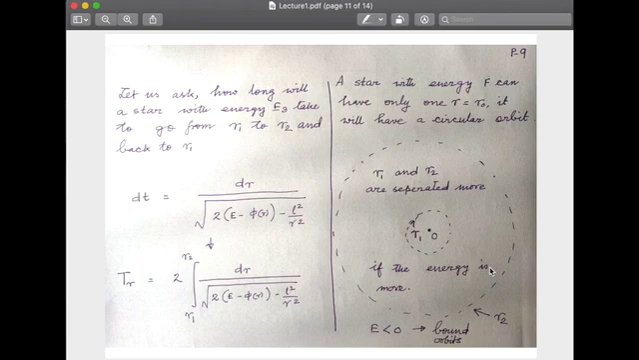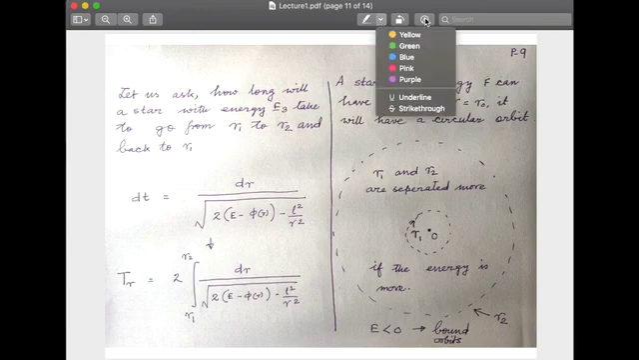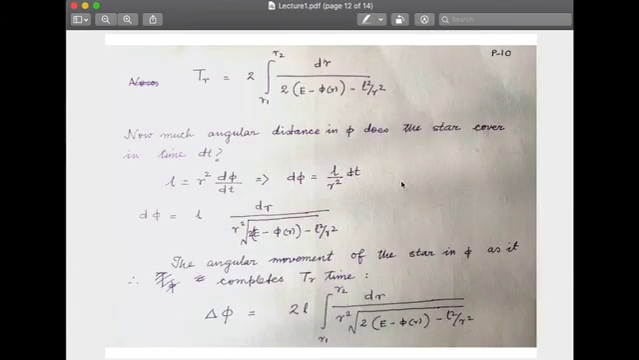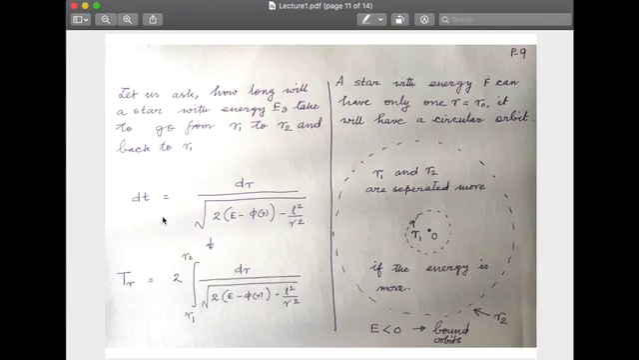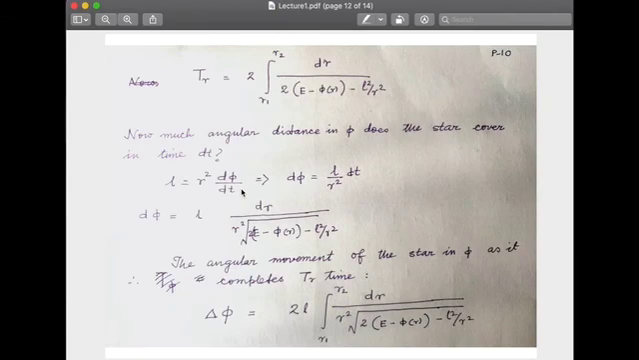It is very straightforward to do because I know that L, which is the angular momentum per unit mass, is given by r squared d phi by dt. So I can figure out how much is d phi in terms of dt. And then I had this expression for dt in terms of dr, which I can substitute. So I get d phi equals L dr by r square root of 2(E minus phi) minus L squared by r squared. And then I can integrate this